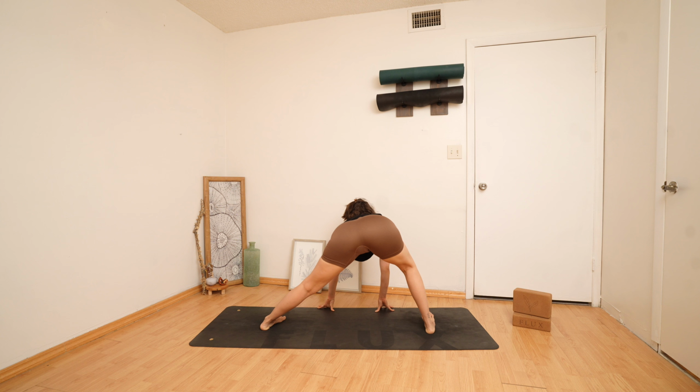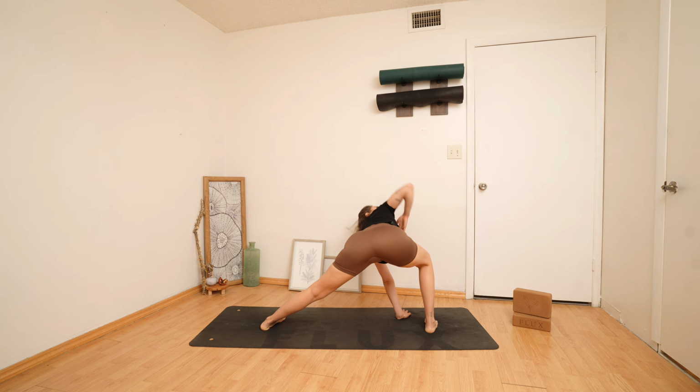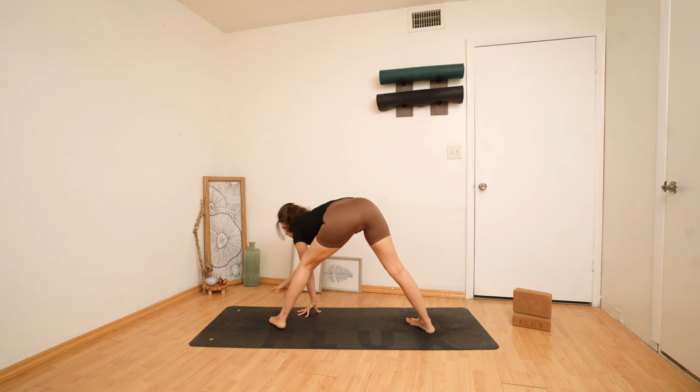Exhale, side squat, bend into the right knee. Good. Walk the left hand over towards the right foot. Inhale, twist, reach the right arm up to the ceiling. We'll take 2 full breaths here. Nice deep bend in the right knee to feel the opening in the inner left thigh. Deep breath in. Exhale, lower the right hand, and we'll spin ourselves all the way to the front of the